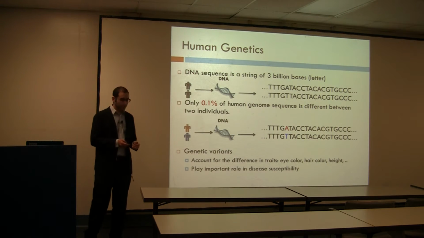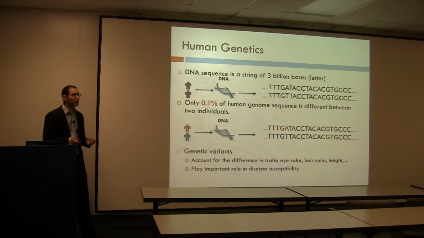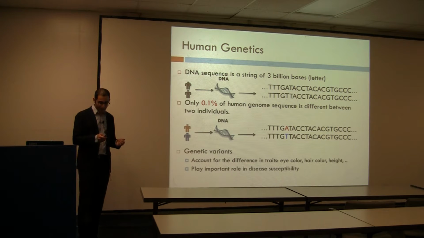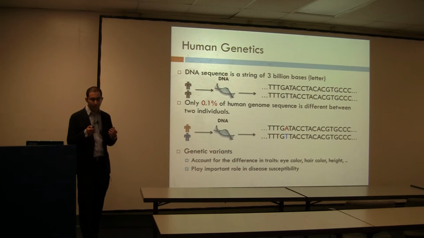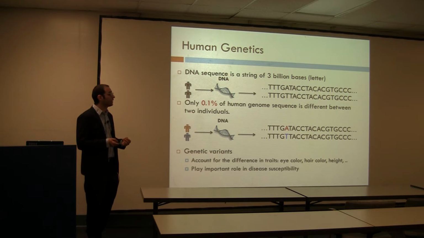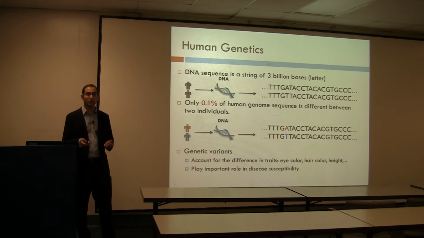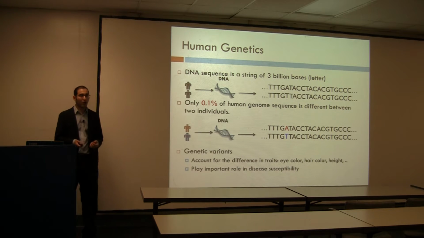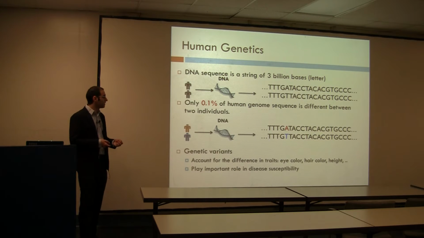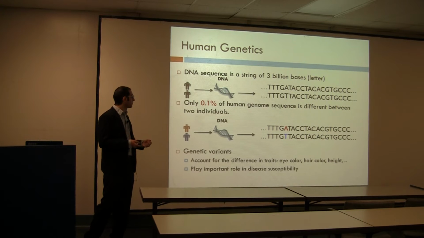So as I'm trying to defend in the computer science department, I will try to give a very brief and simple introduction to genetics, especially human genetics. And we all know that all individuals carry DNA, their genetic information is encoded in their DNA molecule, and the DNA molecule is a sequence of 3 billion base pairs. You can consider that each letter consists of A, C, T, G, and the combination of these will represent each individual uniquely. However, given any two individuals, their DNA sequence is highly similar and only differs in 0.1% of the